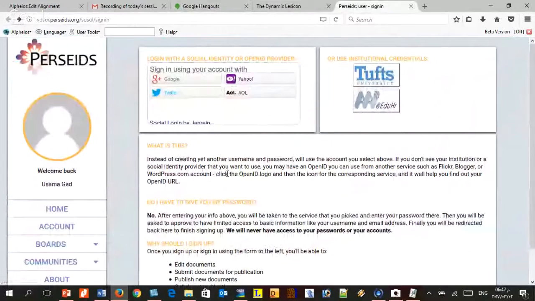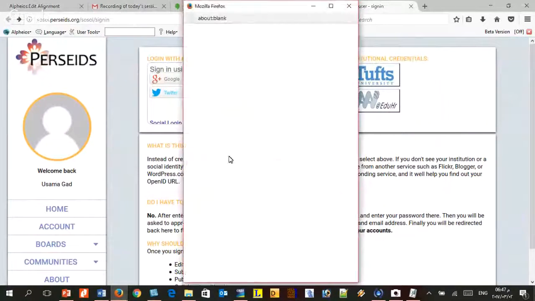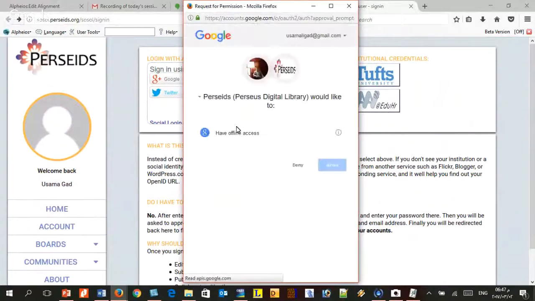Okay, I will now try to share my screen in order to see what I am doing. I will try to make this online. Can you see the Perseids platform now? Yes, I can see. So now I'm signing myself into the Perseids platform to give a live demo of this, not a recording.